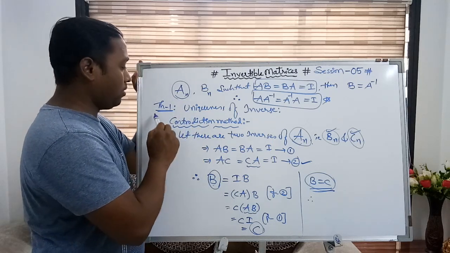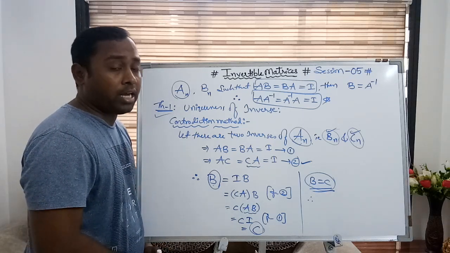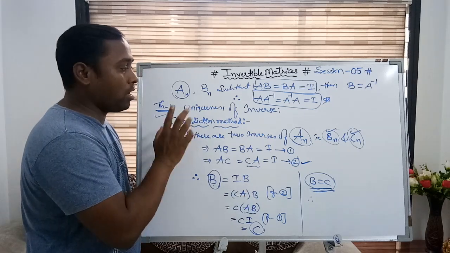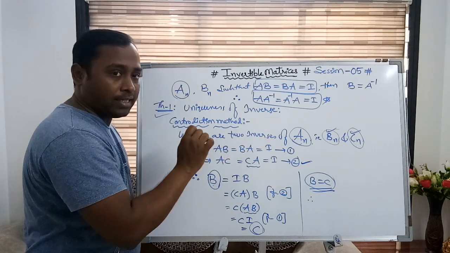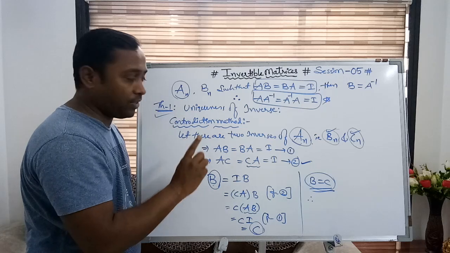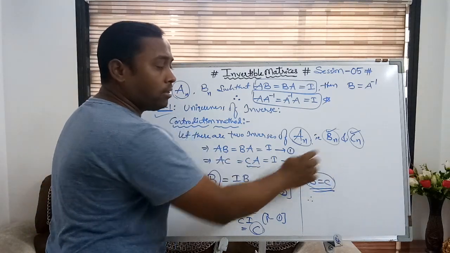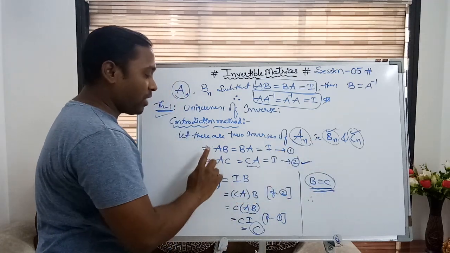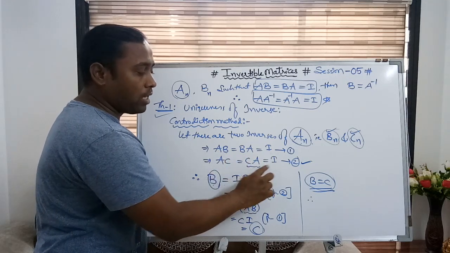Okay, so this is a statement, you can say a theorem, which has been asked many times in boards. So please do practice these theorems. What is the first theorem or result here? We can say uniqueness of inverse. It means if it exists, every square matrix possesses one and only one inverse. How can you prove that? By assuming there are two different square matrices that are inverses of the given square matrix. Hence AB is equal to BA is equal to I, AC is equal to CA is equal to I,